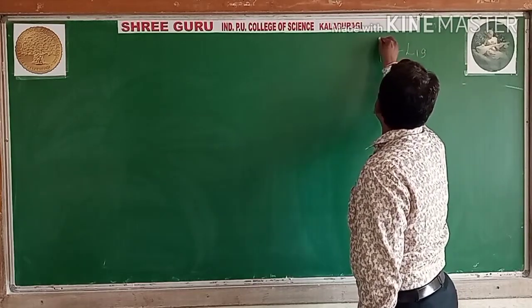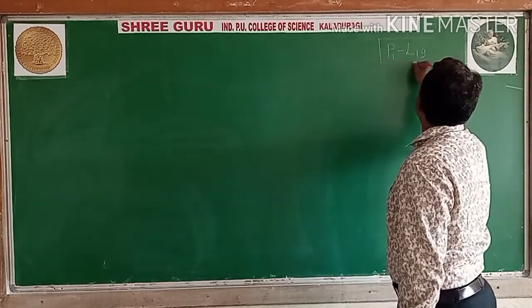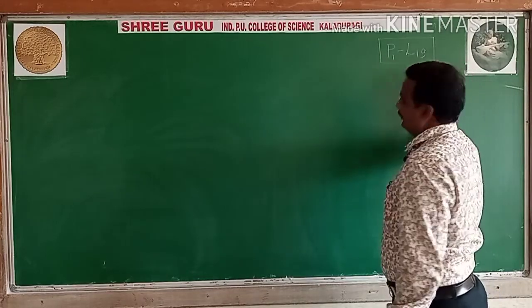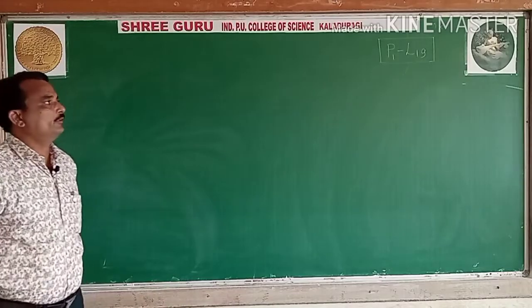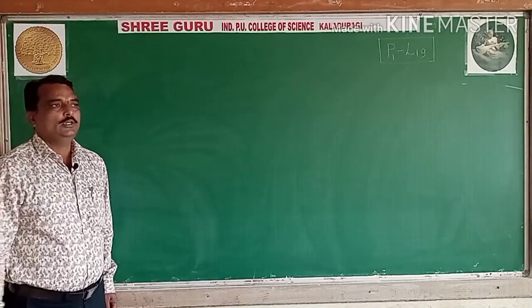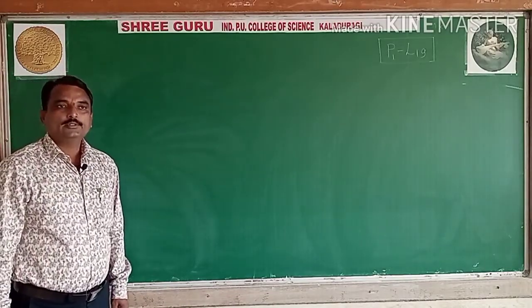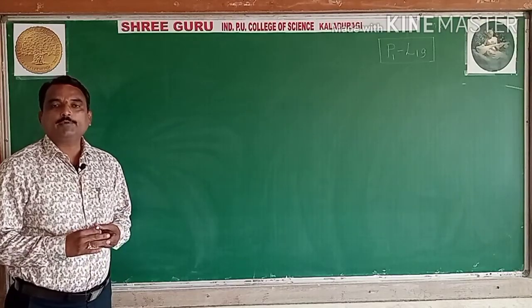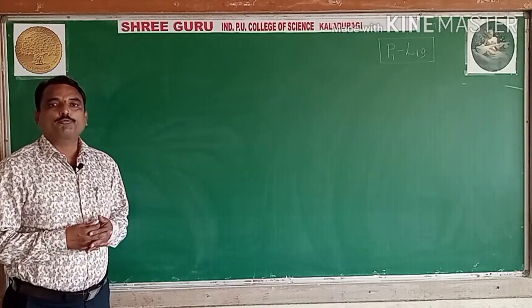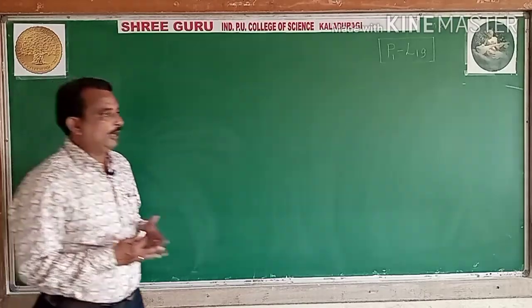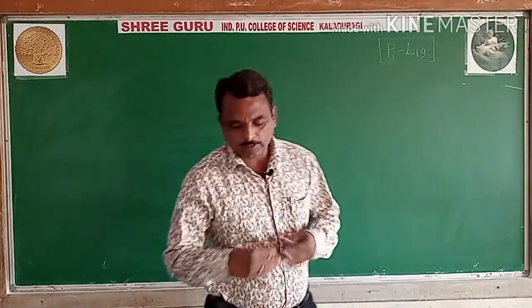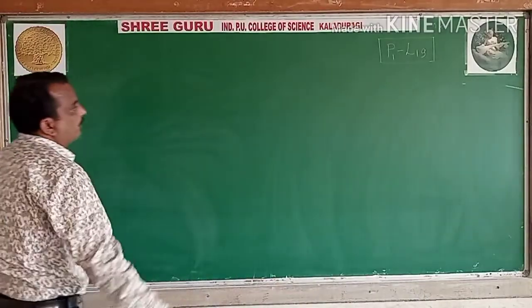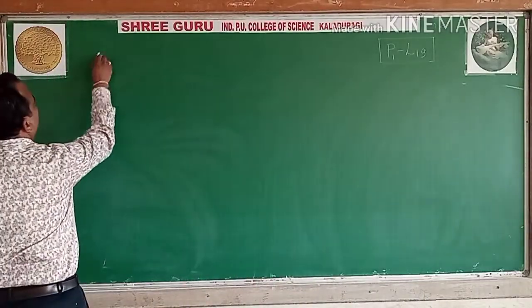So in the previous class, we discussed the graphs of the trigonometric functions. In the last class, we discussed the graph of tan x, and we saw when the function is infinity, that is, where the y value is infinity, and how to draw it. Now let us see the graph of the remaining trigonometric functions.